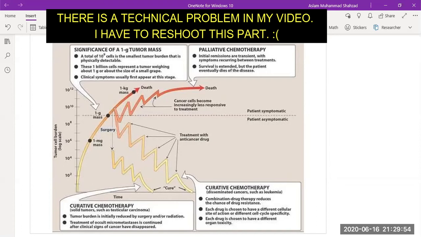The second thing that is very important when we talk about curative chemotherapy is the toxic effect of the multiple drug regimen, because when we give drugs in combination, we are giving different classes of drugs, and they have some toxic effects. So we not only need to treat a patient, but we also need to save the patient's organs, such as preventing nephrotoxicity. So that is very important to understand.